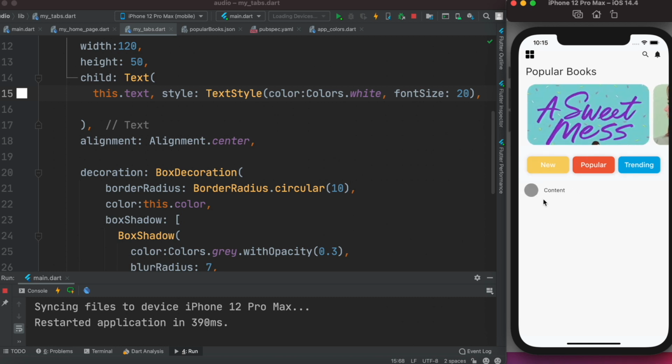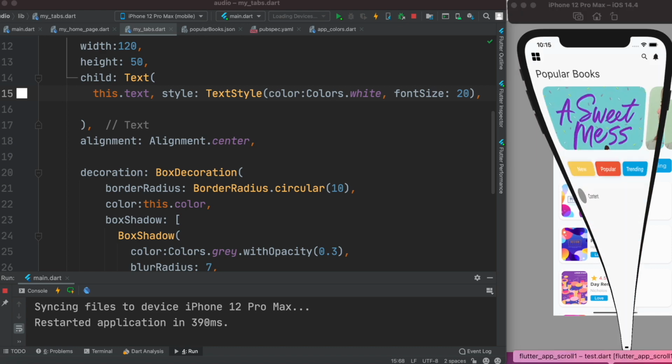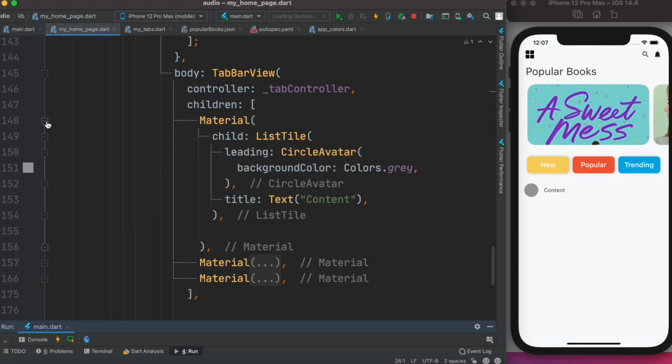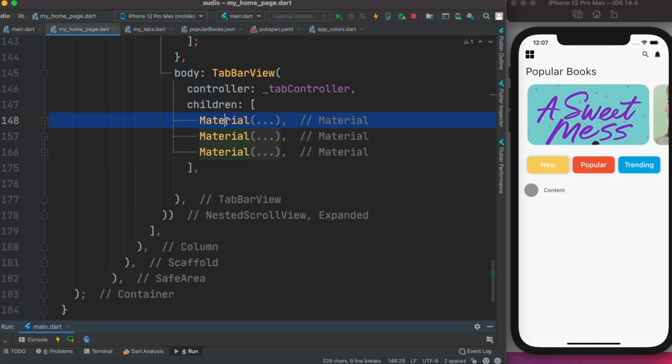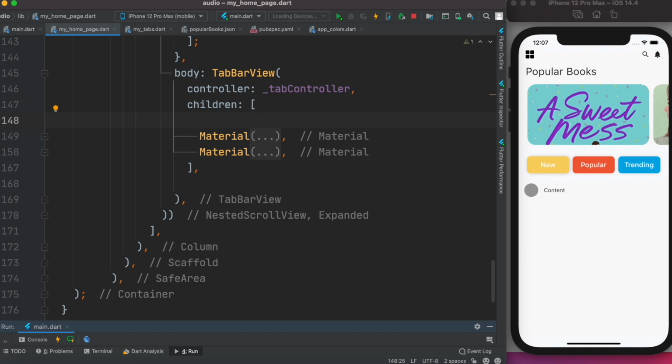So the next thing we'll do is showing content over here. The content should be this kind of, and they should be laid out like this. Okay, so that's what we want to do, changing this content, which would be corresponding to this tab, and the rest we'll change later. So definitely we don't want this content first. Okay, so to get scrollable content, we can use